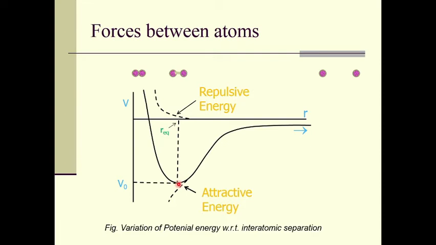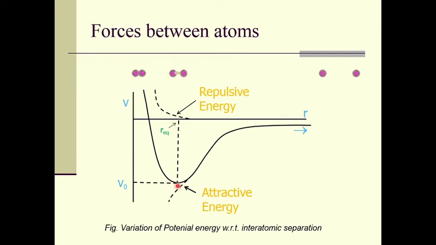They are the same, right. At this point both the energies, attraction and repulsion energy, are the same, and therefore we can say the bond is formed at this place, because at this inter-atomic separation, the equilibrium separation, R eq means R equilibrium. So at the equilibrium separation our potential energy is negative and it is minimum, right. At the minimum value of potential energy, that means V0,